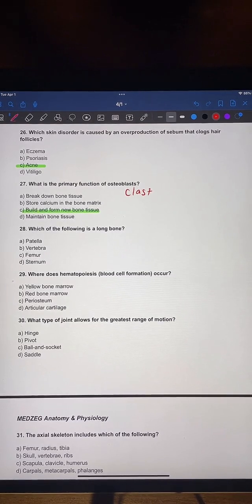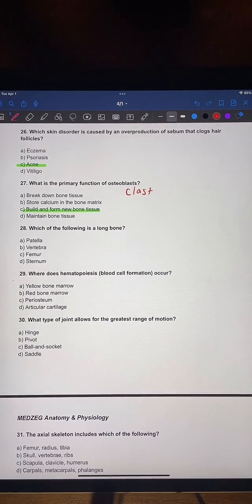Class for clash and breakdown. That's actually really good. I like that. I haven't heard of that one, actually. I've heard chew and cleave. Some people don't know what the word cleave means, but chew is pretty common.